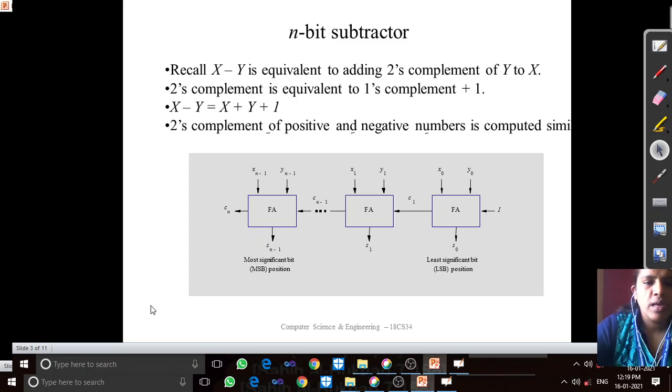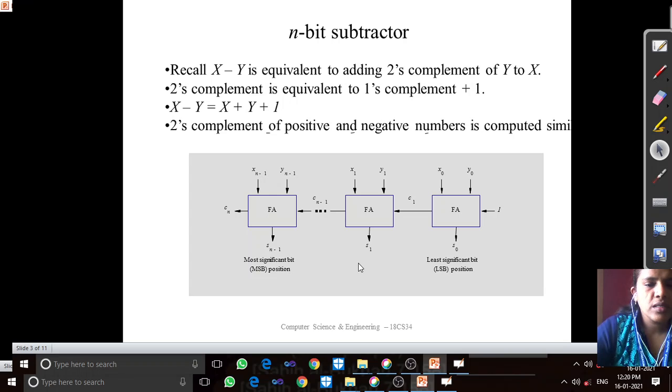Now the same circuit can be used, the addition circuit we designed and discussed earlier. That is a ripple carry adder, wherein you have n full adders to perform n-bit addition. x0 y0 is the 0th bit, x1 y1 is the first bit, x(n-1) y(n-1) is the (n-1)th bit because it starts from the 0th bit. The MSB is the (n-1)th bit, and the LSB, the least significant bit, is the 0th bit.